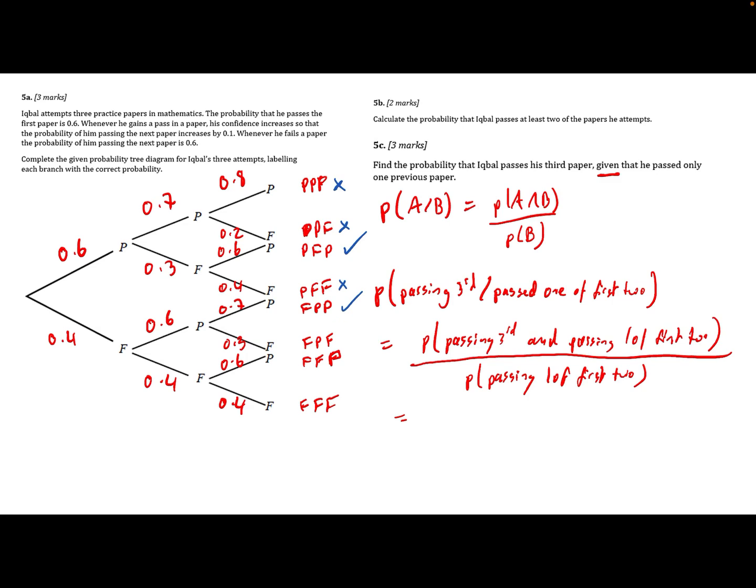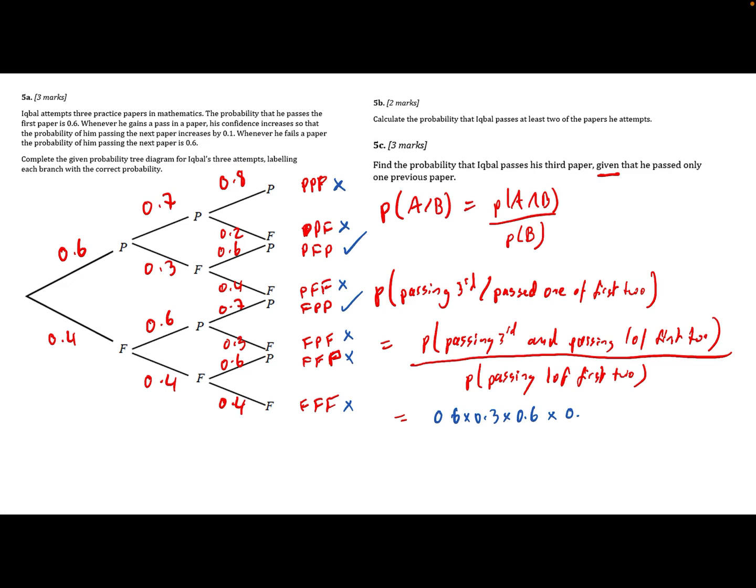Not this one because we didn't pass the third one. This one's okay because we passed the third one but didn't pass one of the first two. And the others are ruled out as well. So we basically got only two options. So that's 0.6 times 0.3 times 0.6 for PFP, and FPP